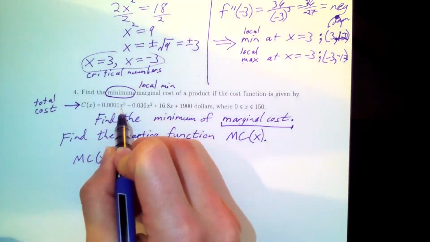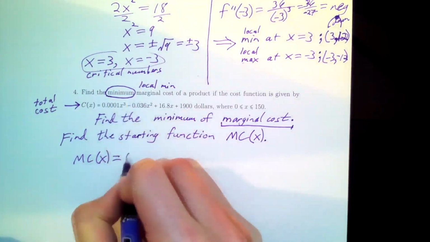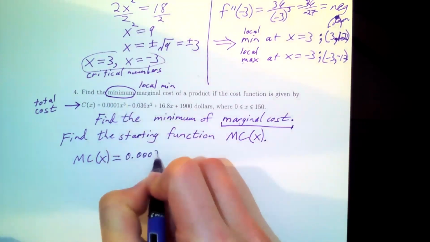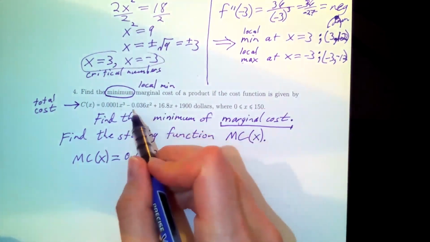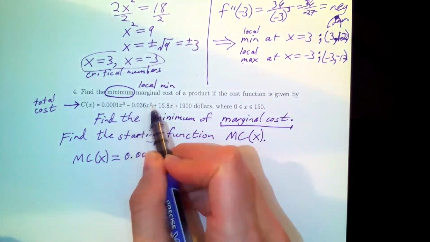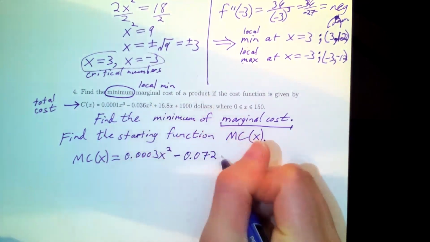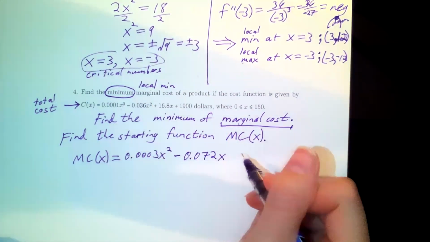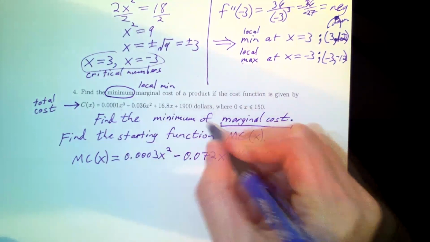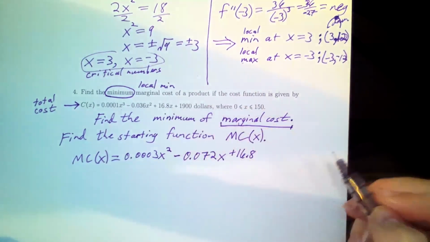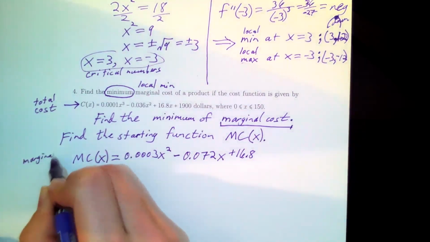I'm going to have a power rule here, 0.0001 times 3 is 0.0003 x to the 3 minus 1 power, minus 0.036 times 2, I have another power rule, is negative 0.072 x to the 2 minus 1. The derivative of 16.8x is 16.8 because the derivative of x is 1 and the derivative of 1900 is 0. So this is my marginal cost function, which means